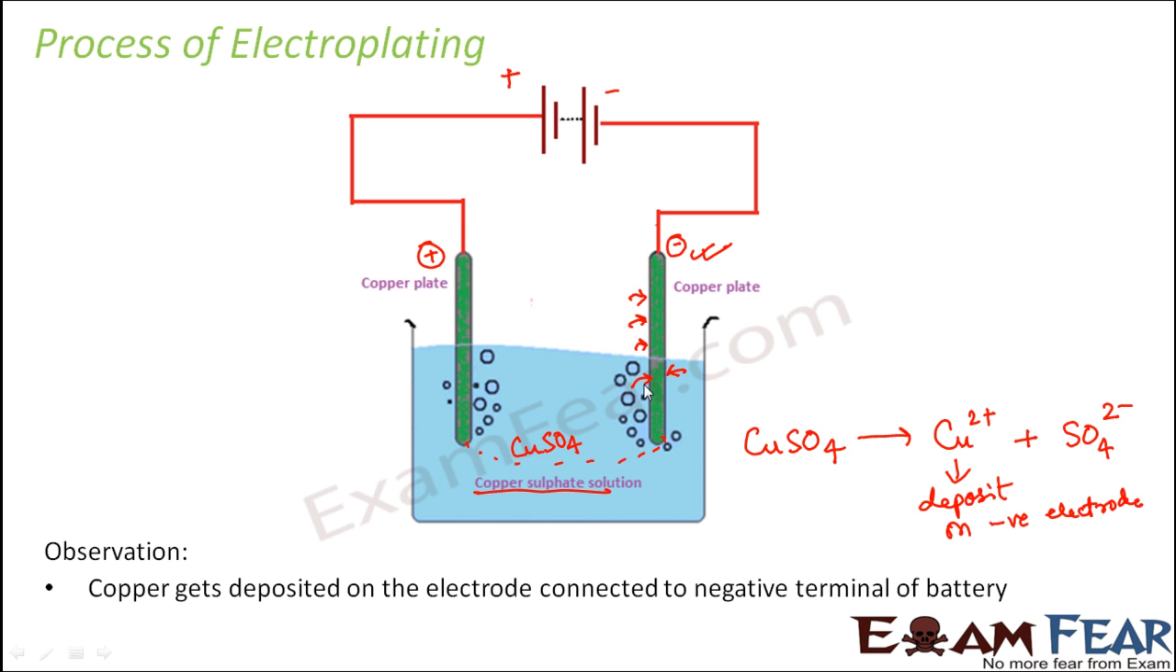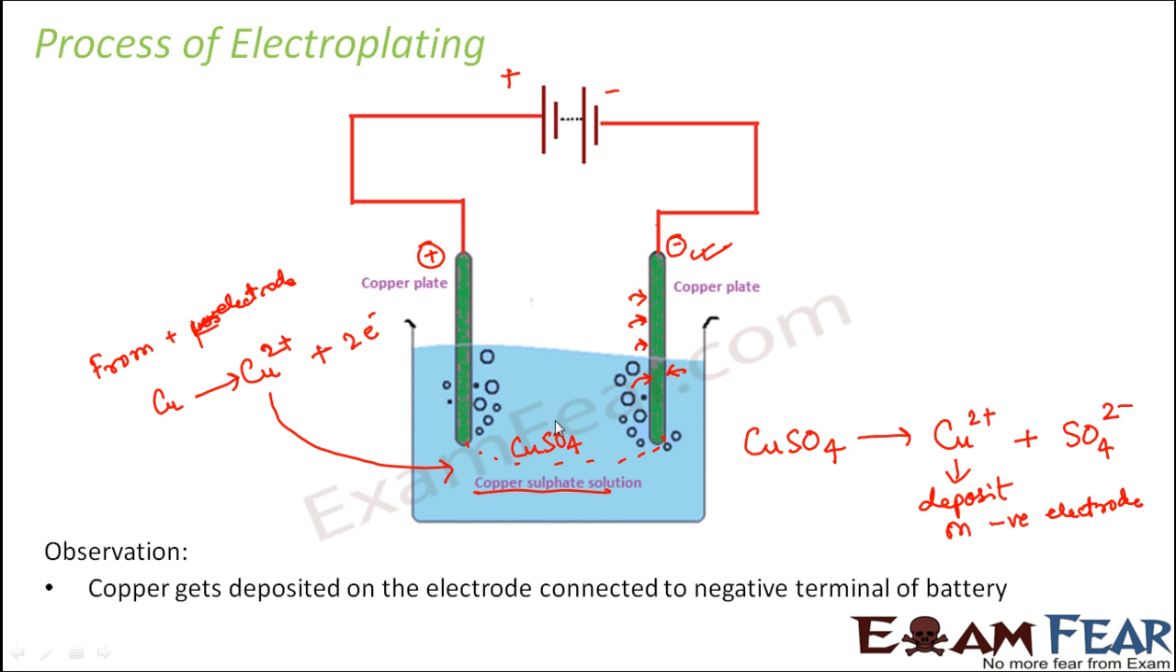But at the same time, this copper sulfate solution is losing the copper ions. So the copper sulfate solution also needs copper ions. So from where is the copper ion coming? That copper ion is coming from the positive electrode. So what is happening at the positive electrode? From the positive electrode, the copper, so this electrode is also made up of copper, becomes copper ions by losing two electrons, and these copper ions from the positive electrode come into